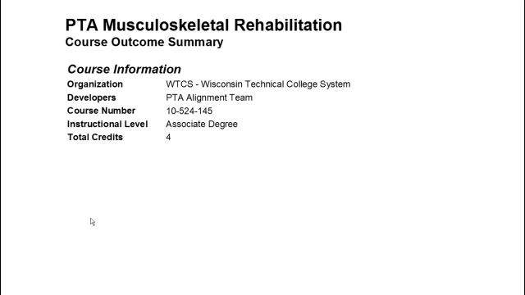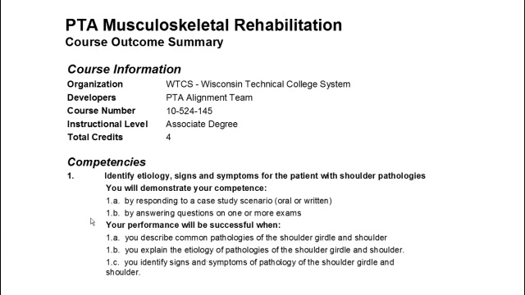All right, and last, I just want to point out the document you have is the course outcome summary. And this is a document that we have to develop for the technical college system, and it lists all the competencies and the criteria that as a student you need to meet in order to meet each competency in each course. So I just put one example here. The first competency, these aren't in any